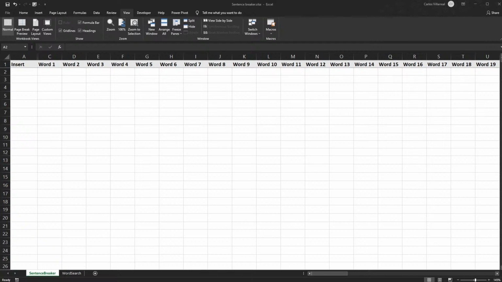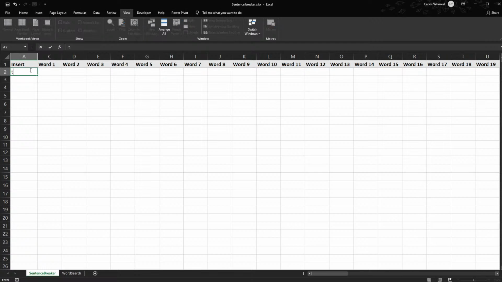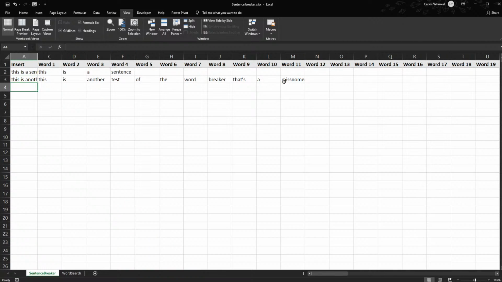So basically all it does is if we type a sentence here, this is a sentence. I don't think that's how you spell sentence, but regardless, it breaks it out. There isn't a particularly amazing use for this in this sort of sense. This is another test of the word breaker. That's a misnomer. I don't know if I spelled misnomer right either, but regardless, it does that,